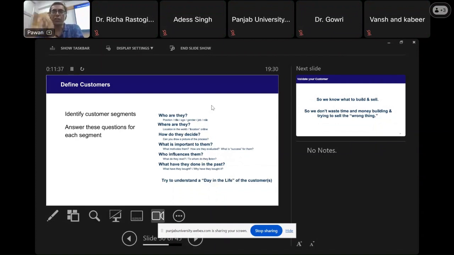Okay, now let's say income. Would you have an income criteria for your customer? If you're selling Honda Activa, what would be the income criteria? Who are your customers in terms of income? Lower middle class, middle class. No, you have to define it very, very clearly in numbers. Generic, 30,000 per month.